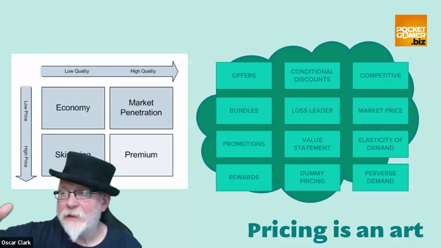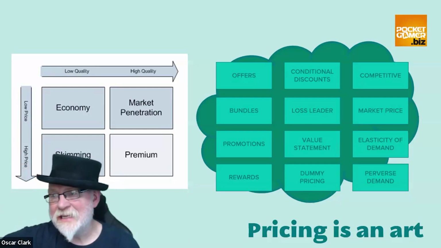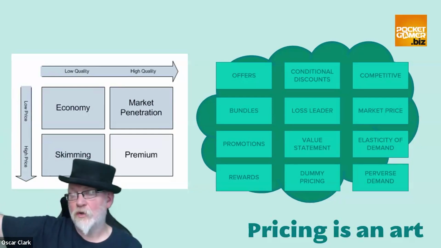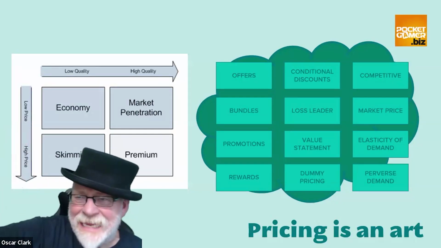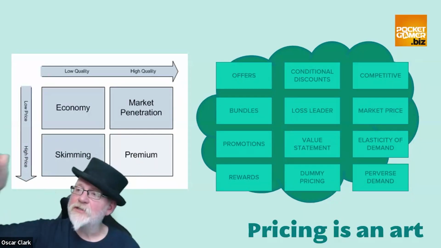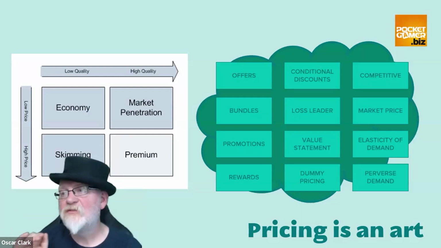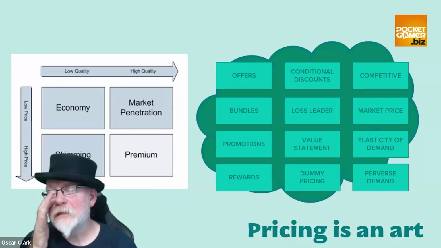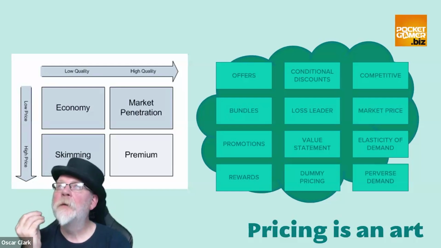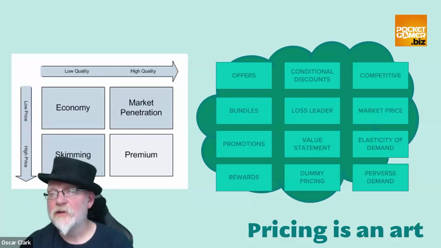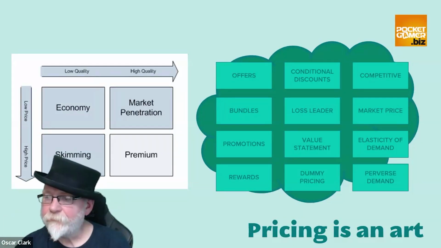$14.99 on Steam is typically a good quality indie game. $24.99 on Steam is a professional AA game, but if I have a game that's only indie quality, I'm going to be resentful of it. But think about those sorts of things. We can have loss leaders. We can have conditional discounts. There's a whole bunch of things.